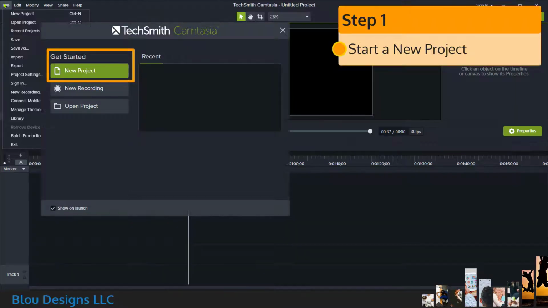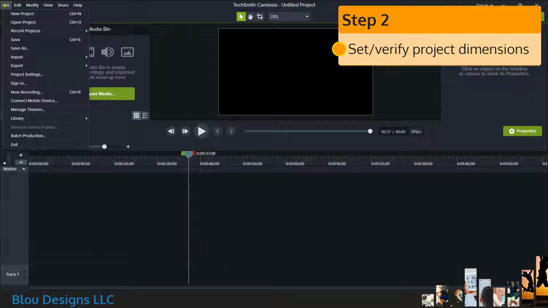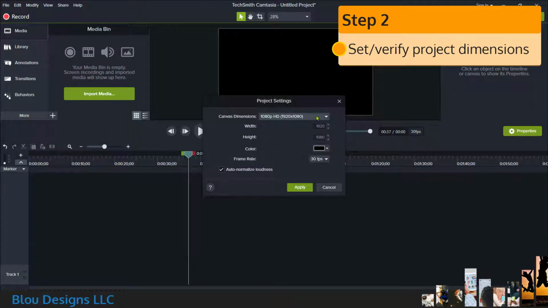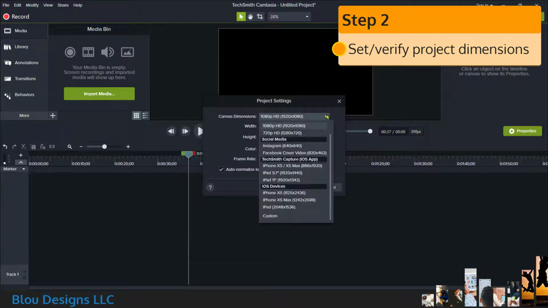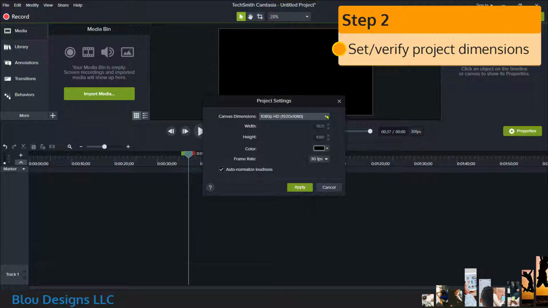Now, before you start video editing, you want to make sure that your video is the right size for what you want to do, which you do under Project Settings under the File menu. TikTok videos, YouTube Shorts, and Pinterest videos will need to be in a vertical format, but the goal of this video is to share on LinkedIn and Facebook. So set the dimensions to be a standard horizontal video, 1920 by 1080.